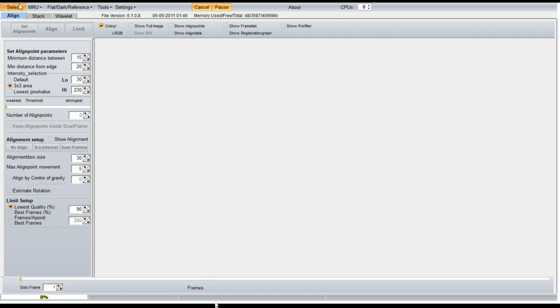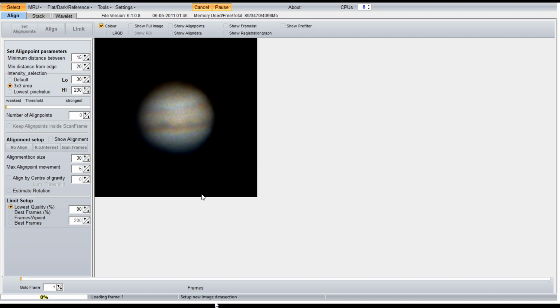And we're going to load that AVI, which is on my desktop. That's the folder that PIPP created, and this is the new AVI, and you can see that it's cropped it out nice. One of the things that PIPP does, which I may not have explained, is if I go through